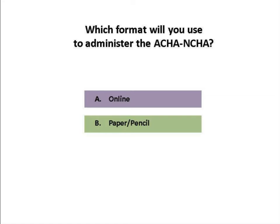If we could have folks weigh in on that. Okay. So I think folks are still thinking about that. So far, it looks like, so Al, I think this is helpful. It looks like most are going with online. Yeah, that's good to know. Yes. And,